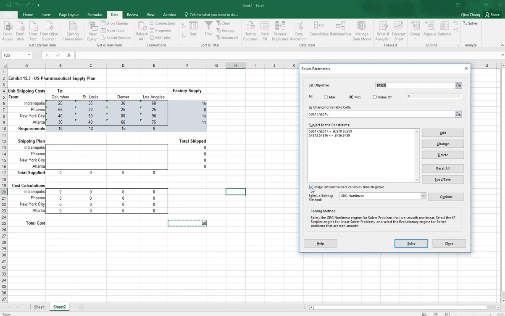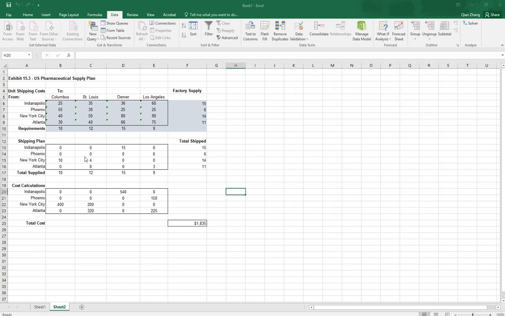Another thing we need to do is check this box. Checking this box means all of the variables are non-negative, which means positive. And we need to choose the simplex LP. This means this is a linear programming model, not a nonlinear programming model or others. This is the linear programming model. So we just need to check the simplex LP. And after that, just click Solve, and you will be able to see